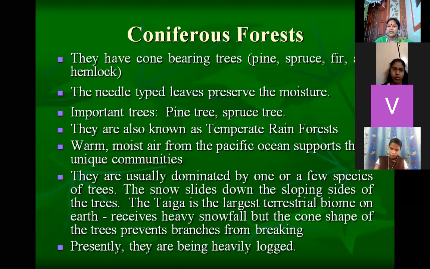The important trees are pine trees and spruce trees, and they are also known as temperate rainforests. Here we could see warm, moist air from the Pacific Ocean that supports the unique communities. They are usually dominated by one or a few species of trees. The snow slides down the sloping sides of the trees, which receive heavy snowfall, but the cone shape of the trees